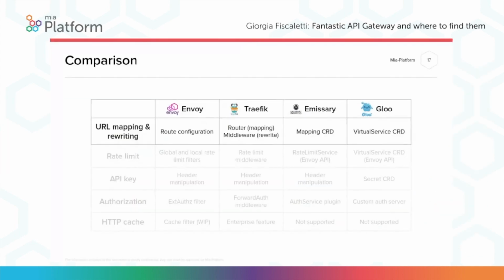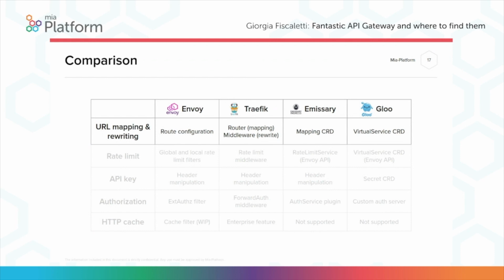Now that we introduced these two service proxies and these two API gateways, we can finally get to compare how the features that we presented before are implemented in these four tools. Starting from URL mapping and rewriting. In Envoy, mapping and rewriting are configured inside the root configuration, which is a property of the HTTP connection manager. The root configuration provides a list of matches where we can specify the URL of the request, the underlying service that corresponds to the request, and eventually a rewrite of the URL to make it compatible with the ones accepted